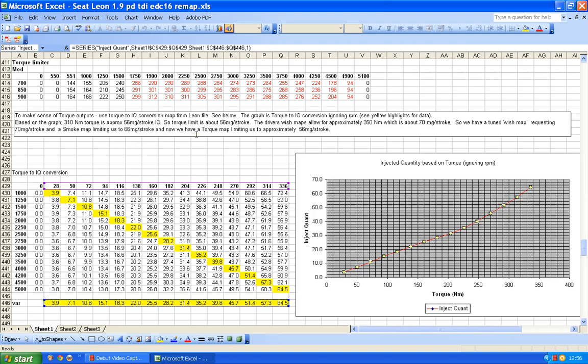When I was making a basic tune, I would go for something like 70. In fact, if I was doing this for real, I wouldn't even bother with 70. I would have probably considered keeping that somewhere around about the 66 mark anyway, because I can't see me needing that at the moment for this tune. But 70, let's say we leave it at 70. 70 is fine, 66 is fine, 56 is fine.